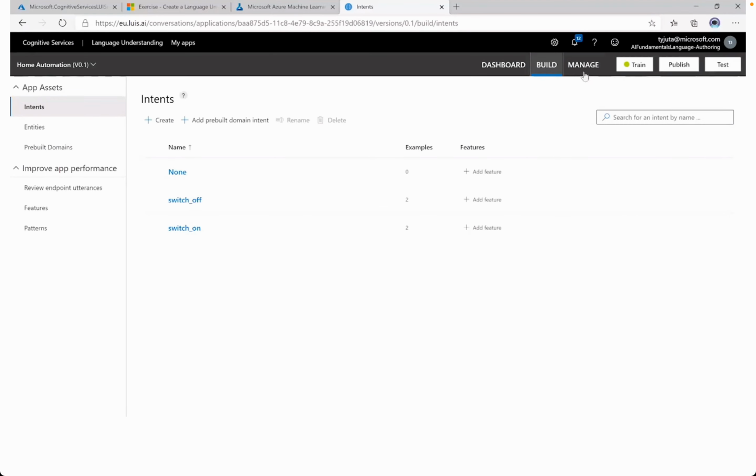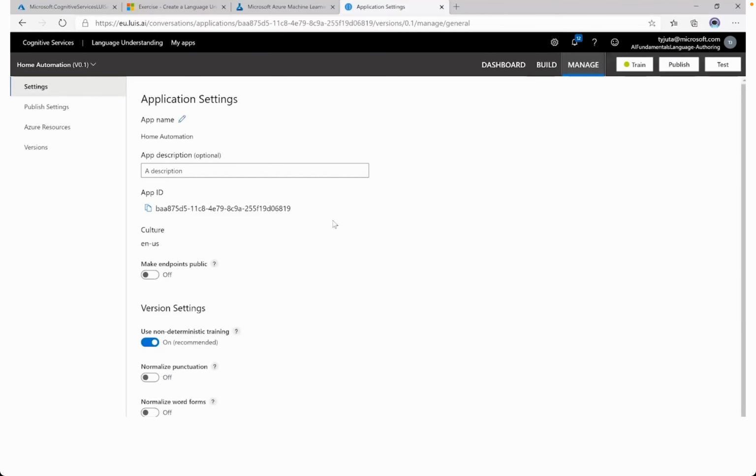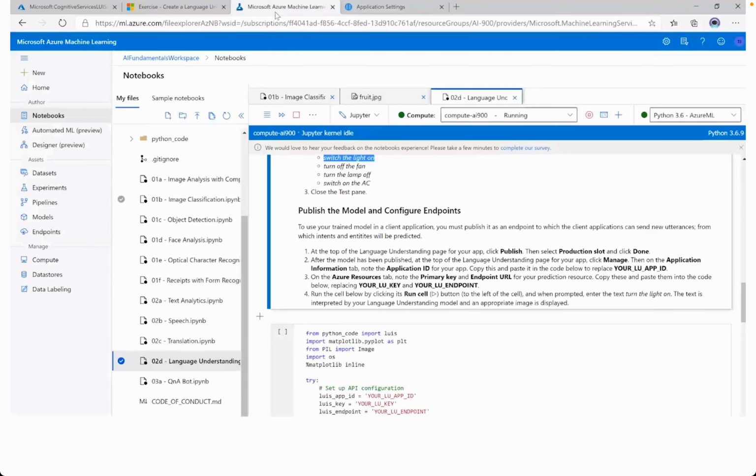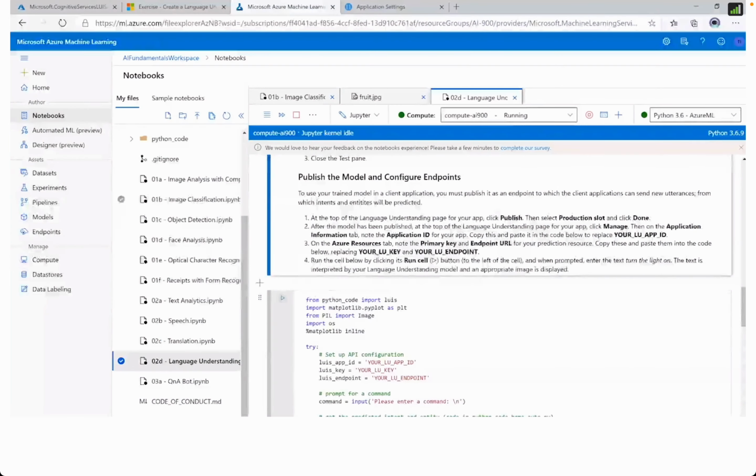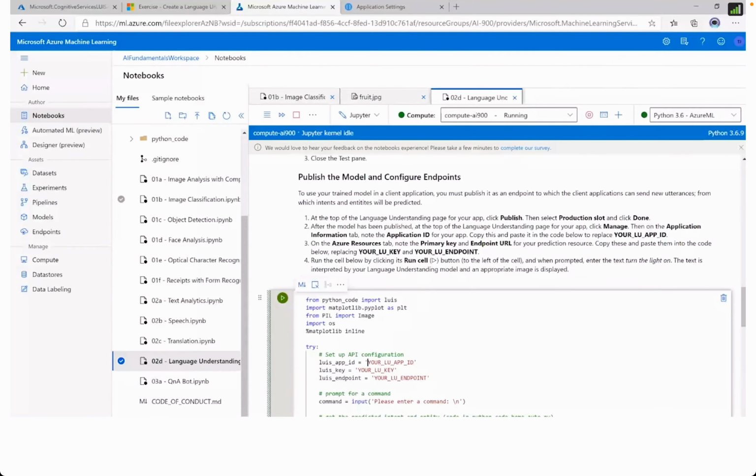So it's now published, and now I can go to the Management tab and select the application ID right here. Press the copy button, and I'll need it in this exercise right here. Yeah, let's see here, it will ask me for my Lewis language understanding application ID, so I can just paste this in there. Now, of course,